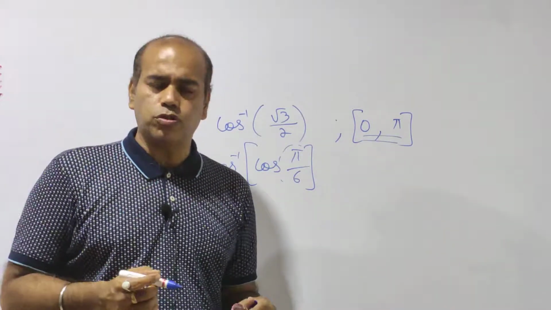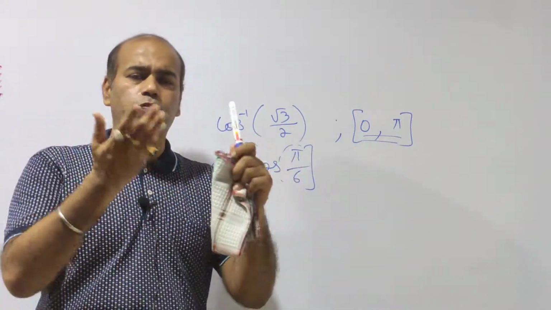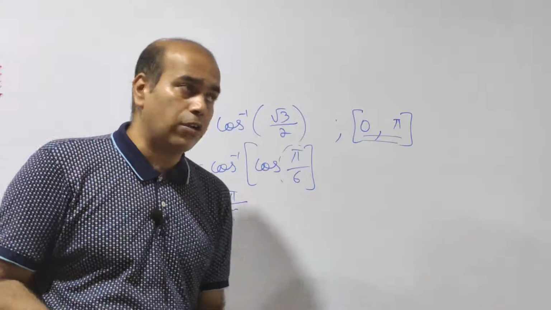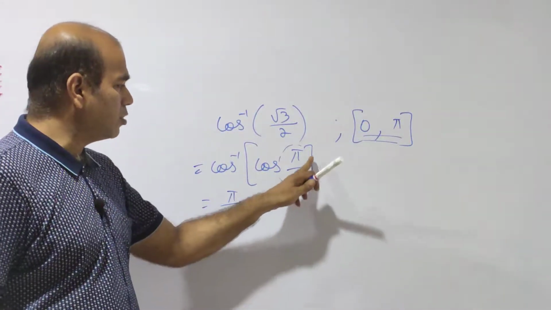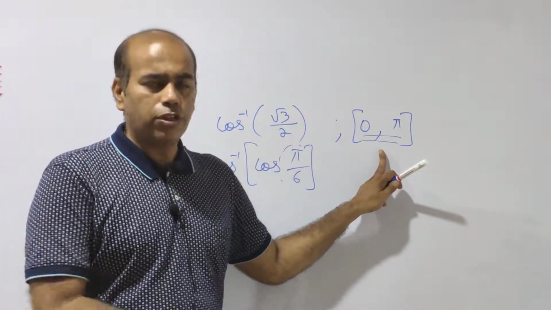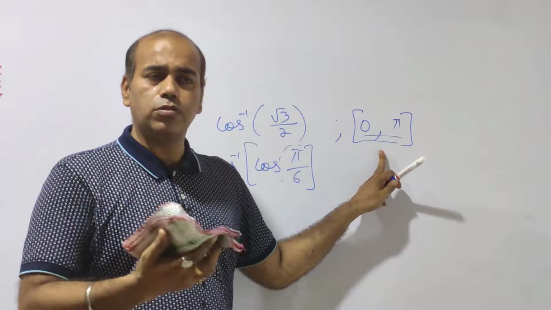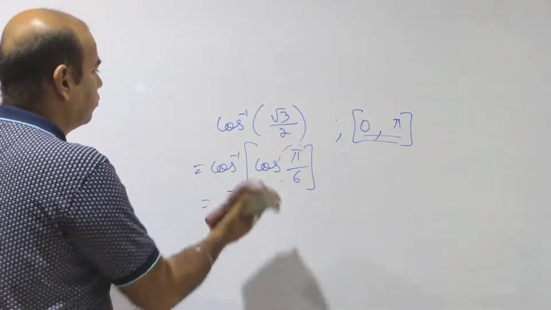I suppose I am clear, students. In the same way I can do it for tan also, for cot also, for sec also, for cosec also, but keeping in mind that when I remove these two, I have to check that the angle is in the range of whichever function the question has, whether it is sine inverse, cos inverse, tan inverse, sec inverse or cosec inverse, accordingly.